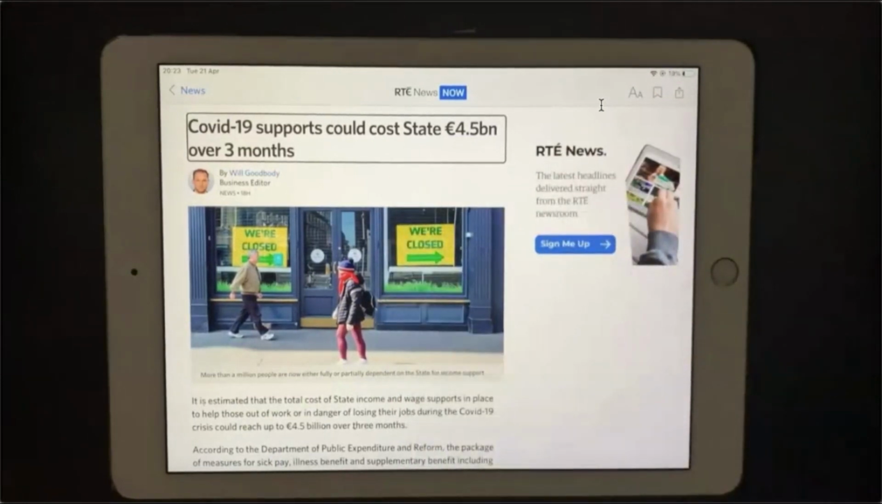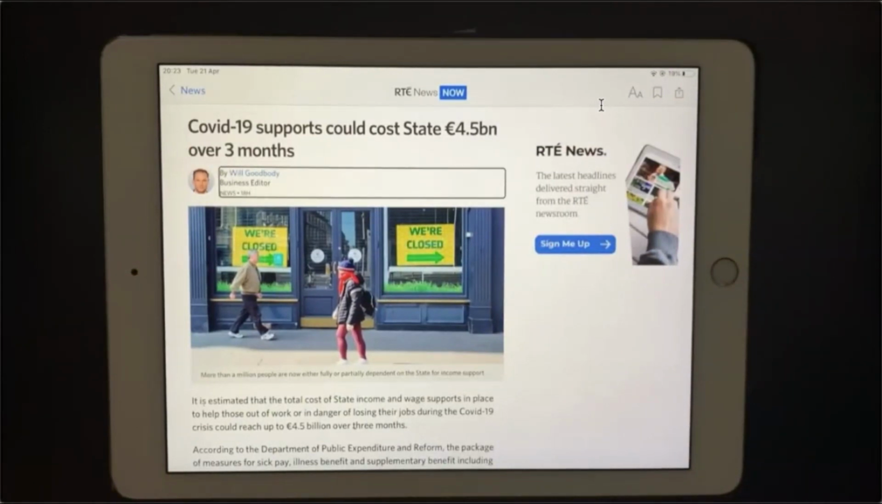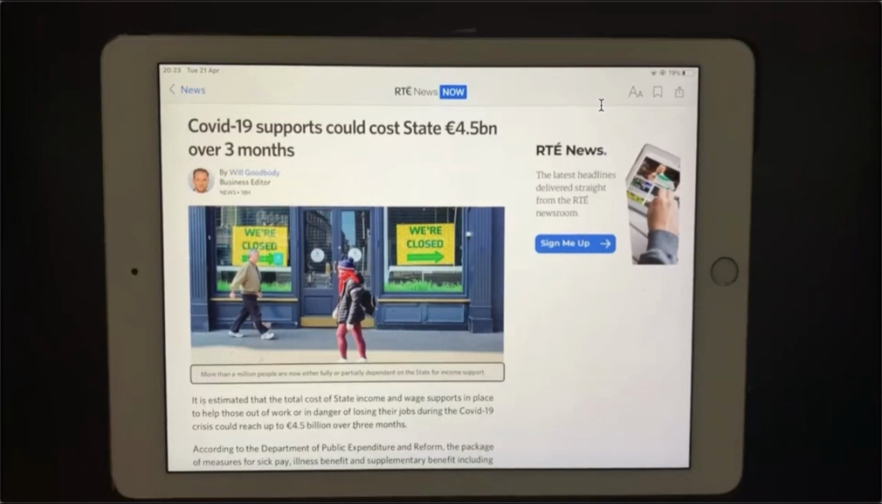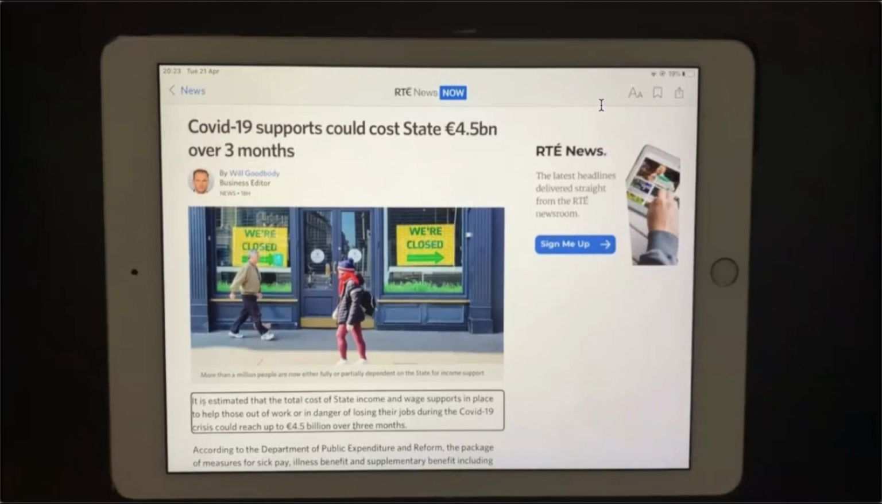COVID-19 supports could cost state €4.5 BN over 3 months. By Will Goodbody, business editor. More than 1 million people are now either fully or partially dependent on the state for income support. It is estimated that the total cost of state income and wage supports in place to help those out of work or in danger of losing their jobs during the COVID-19 crisis could reach up to €4.50 billion over